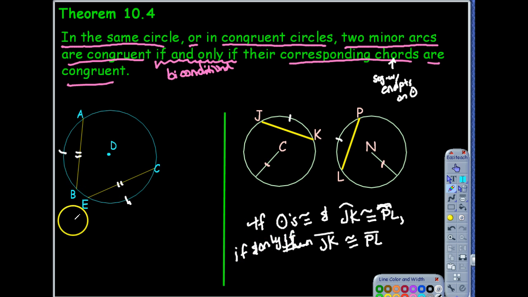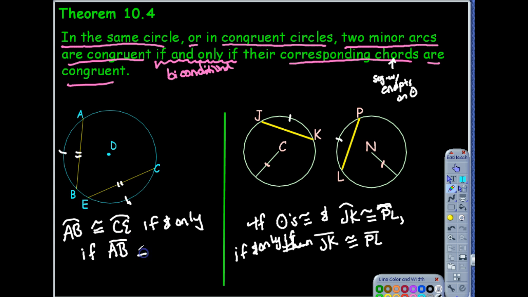Same thing over here. So I could write that arc AB is congruent to arc CE if and only if segment AB is congruent to segment CE. Oh, CE. Now, while she's writing that, I want you to also keep in mind, I know the theorem says